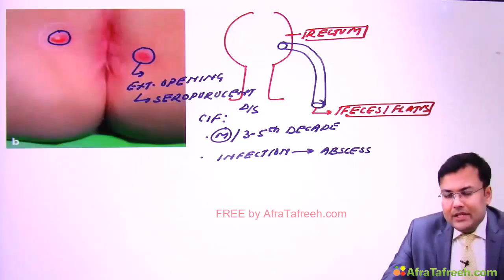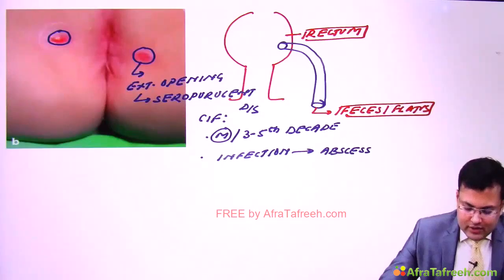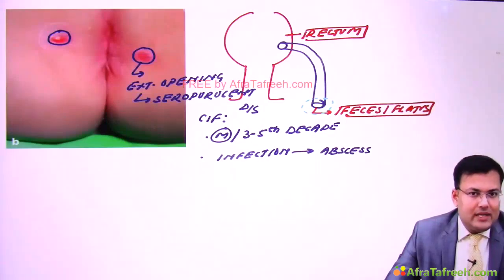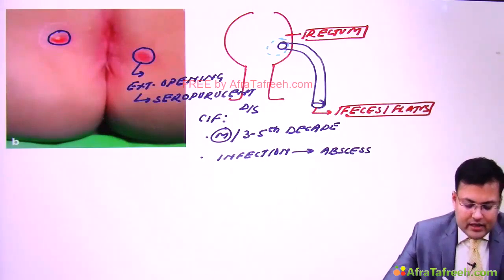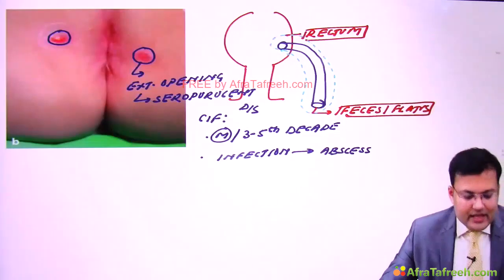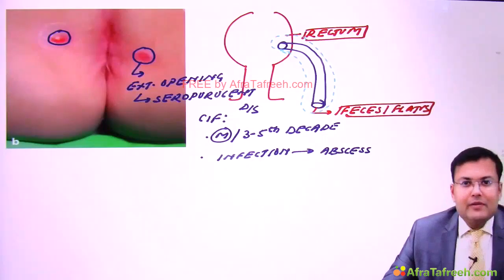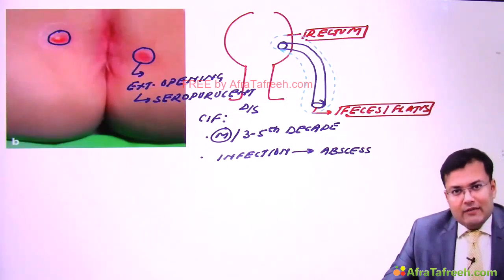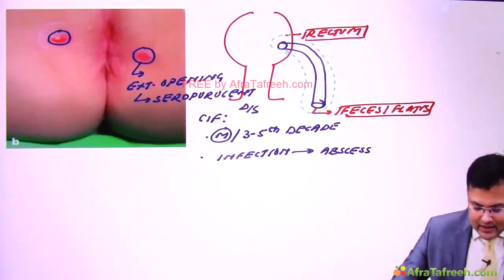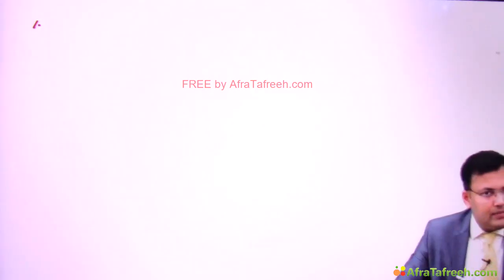Now see, in patients of fistula in ano, what are we supposed to assess? First, we have to assess the location of the external opening and how many external openings are there. Second, where is the internal opening? What is the course of the tract? Whether any secondary extension is there or not, and what complicating disease the patient is suffering from. So we perform examination and go for investigations to assess these key points. What are the key points which should be assessed in a patient of fistula in ano?